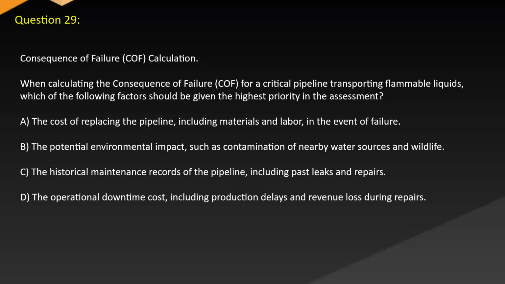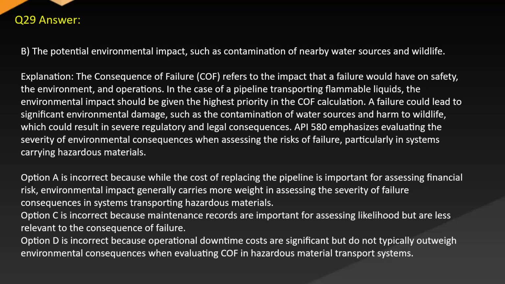C. The historical maintenance records of the pipeline, including past leaks and repairs. D. The operational downtime cost, including production delays and revenue loss during repairs. Answer. B. The potential environmental impact, such as contamination of nearby water sources and wildlife. Explanation. The consequence of failure, COF, refers to the impact that a failure would have on safety, the environment, and